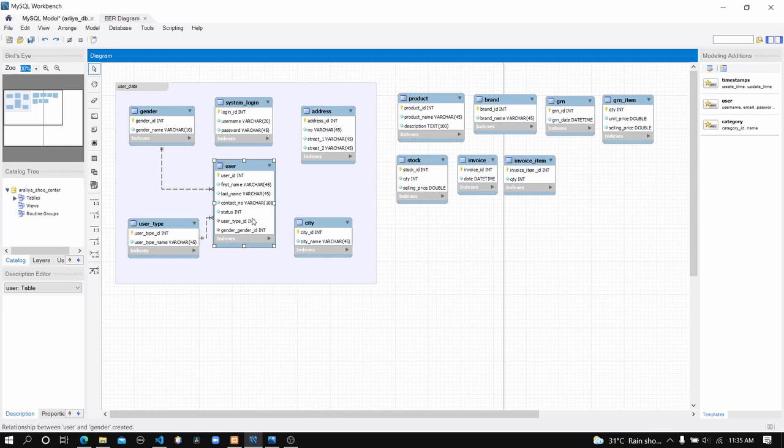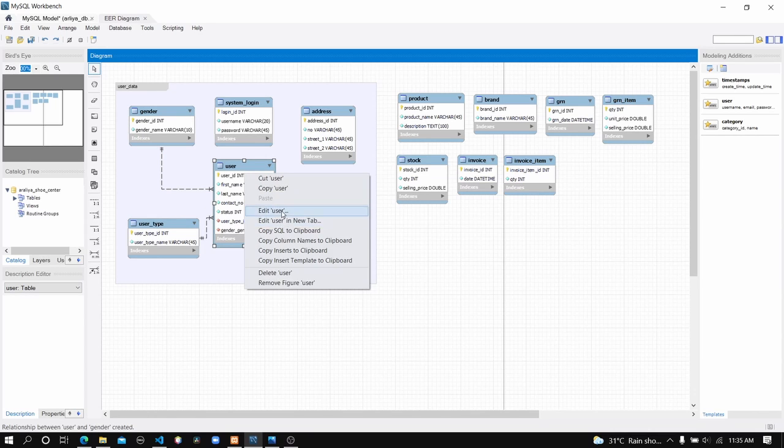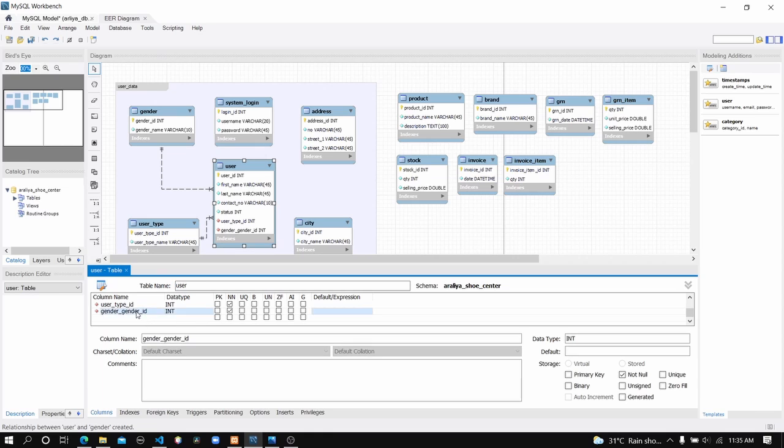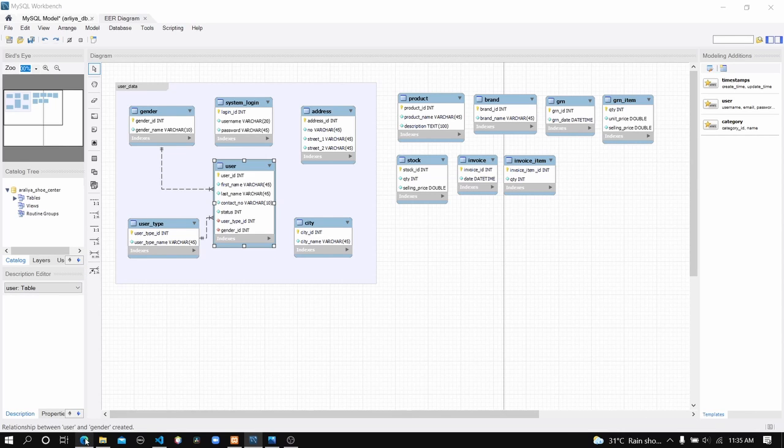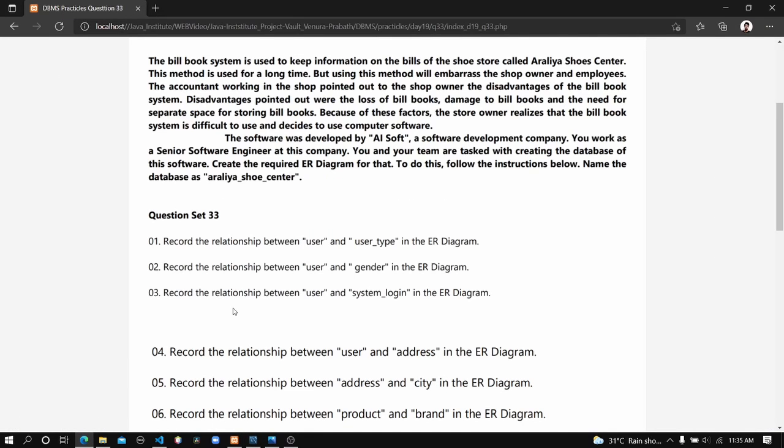So you can see I established the second relationship, and now we can change the name to gender ID. Okay, here we complete the second part. Now let's go to our question again. Record the relationship between user and system login in the ER diagram. Okay,